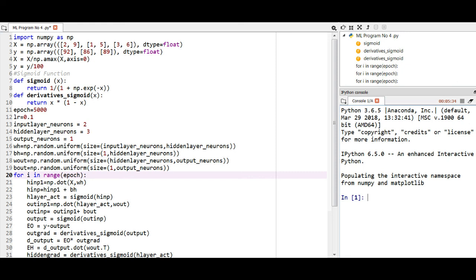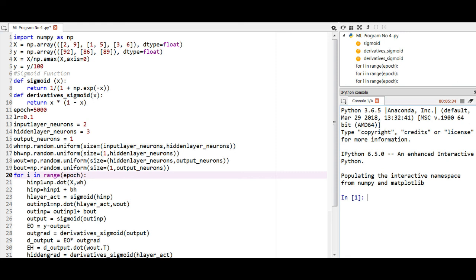Then derivative sigmoid is applied to that output. The derivative at output is calculated using error at output multiplied by output gradient. We will do dot product of matrix for output layer to see how error is caused by hidden layer.